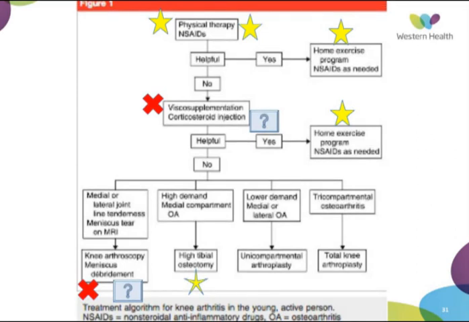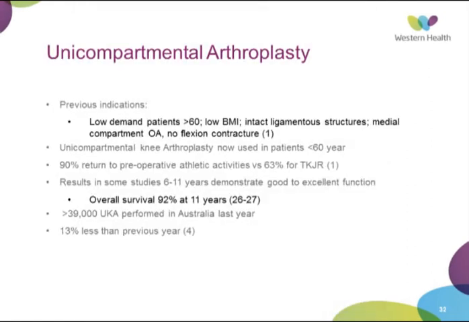What happens if the patients are appropriate for that? Unicomps, is there any benefit in the unicomp? So, previously we used to think you do unicomps in the older people, lower BMI, intact ligaments who have only unicompartmental OA, usually medial compartment OA, and who don't have a major contraction. There is a trend now to use it more in the younger patients, and the reason being is, so there's